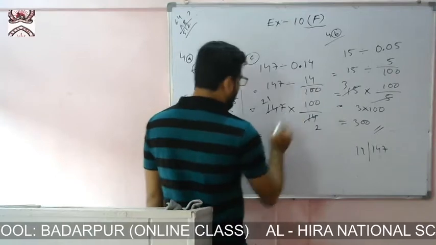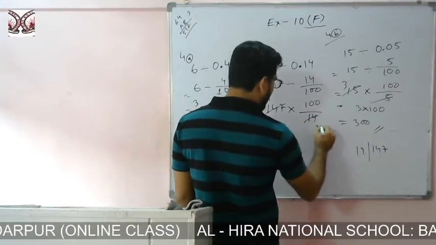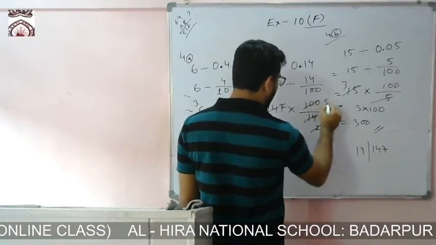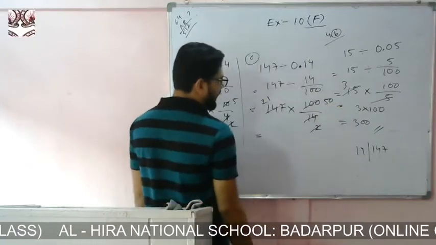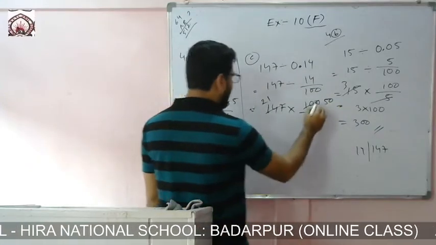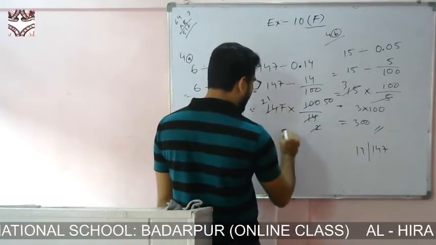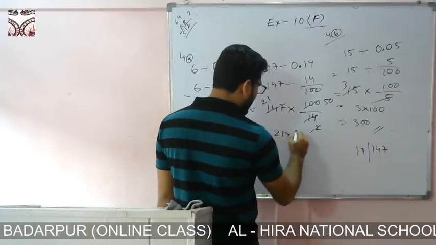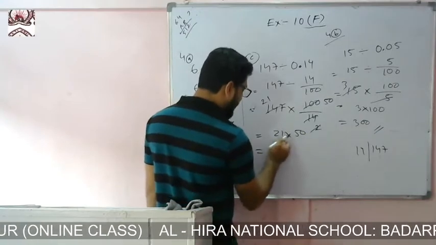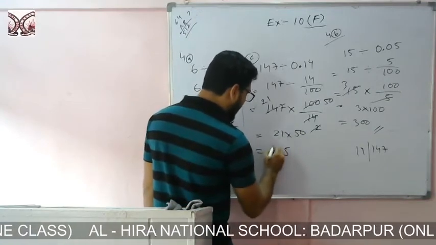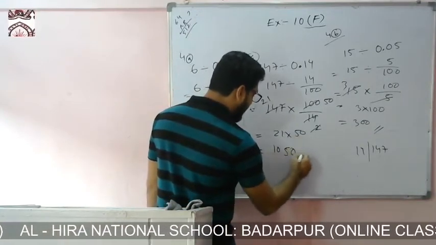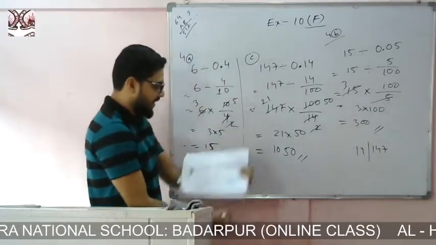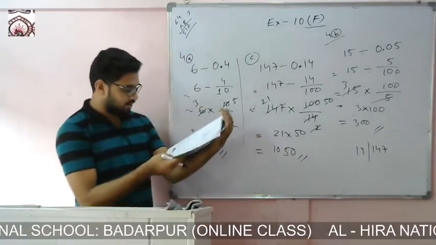Now you see, you can divide this one by 50. 50 2s are 100. Now you can multiply this one. 5 1s are 5. 5 2s are 10. That means if you multiply 21 into 50, then you will get 5 1s are 5, 5 2s are 10. Here remain 1, 0. That means that is the answer. 1050 is the required answer. Okay.